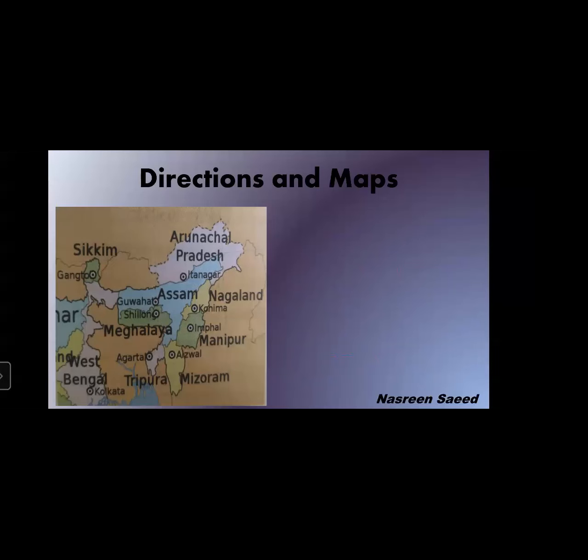Which is the next question? One Indian state which is not a part of the 7 sisters also appears on the map. Which Indian state is appearing which is not a part? Yes, it is West Bengal. If you see in this picture, West Bengal is appearing, which is not a part of the Seven Sisters.